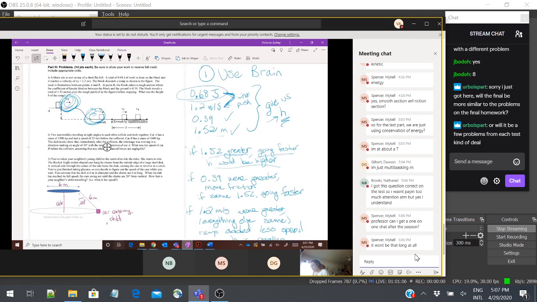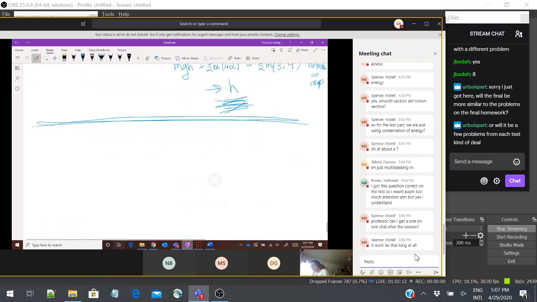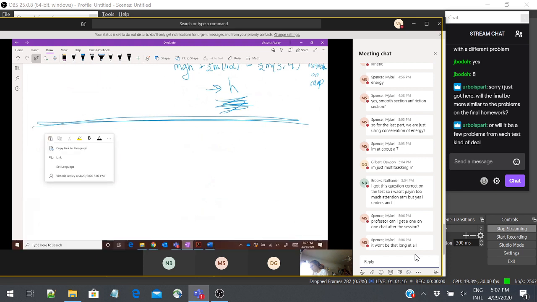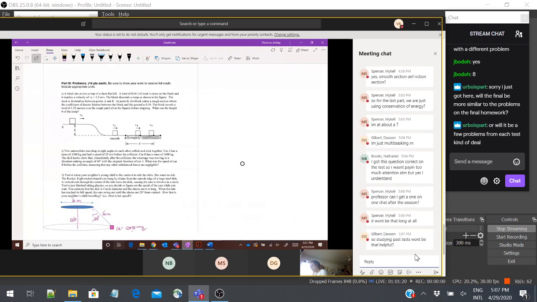All right, so we have 2 automobiles. Can I just copy this whole page? Technical problems here. Paste. Yes, okay. Number 2, 2 automobiles traveling at right angles to each other. I'm gonna put up the 3 steps. Use brain, draw, categorize.